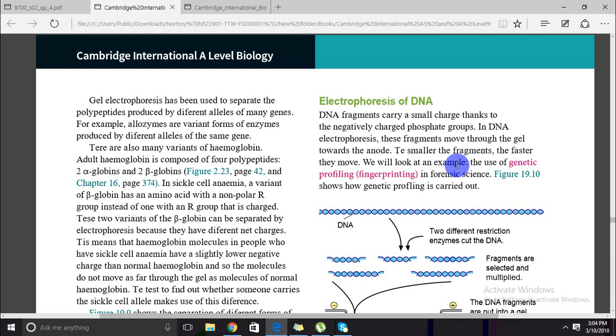You will say it is dependent on the size of the fragment, or more likely, the mass of it. So different sizes will cover different distances. So if you were to compare two alleles or two of the variants of the beta polypeptide chain,